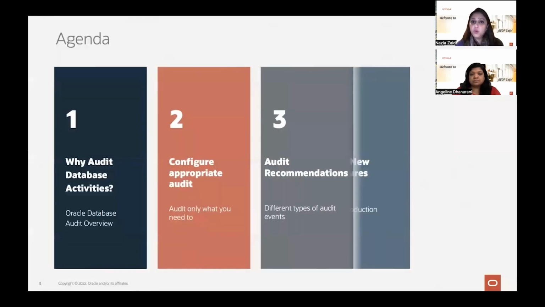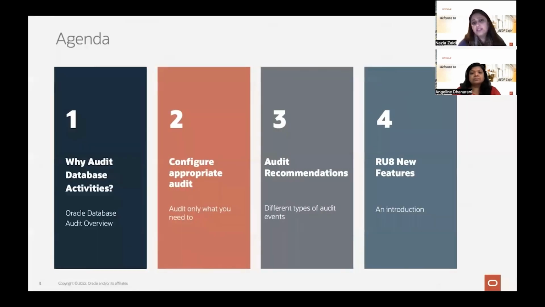We will have polls in between. Today's agenda is, like I said, Angeline will first cover why you really need to audit database activities. What are the driving factors behind it? What are the key reasons that you should audit database activities? That is followed by what you should configure, the best practices, and what kinds of events you should be auditing when you have Oracle databases.